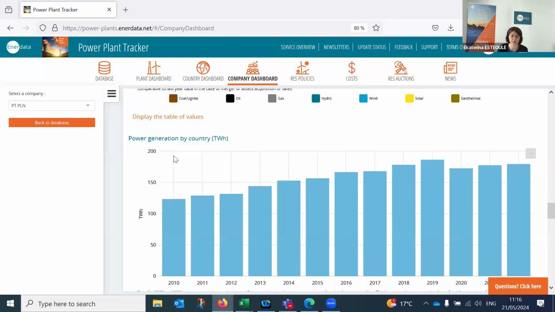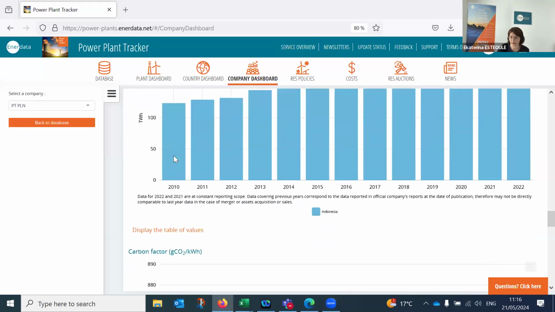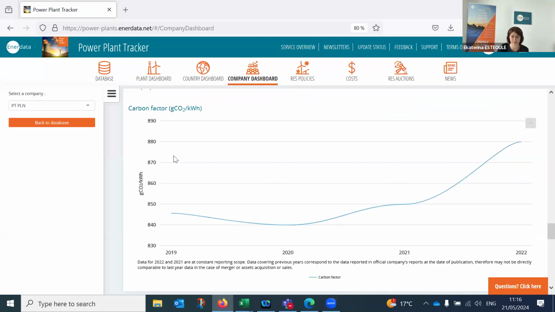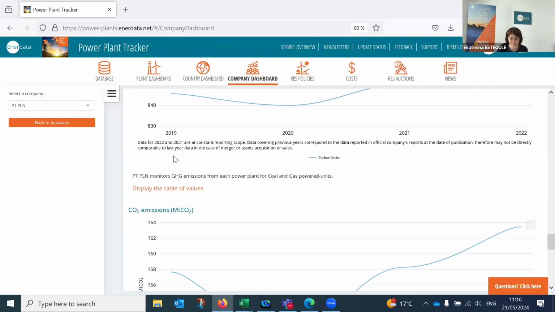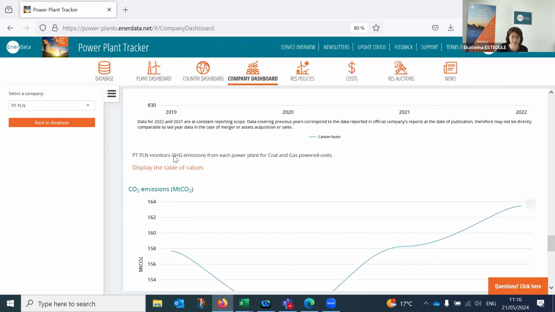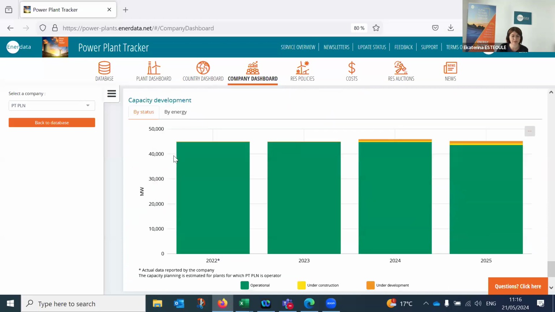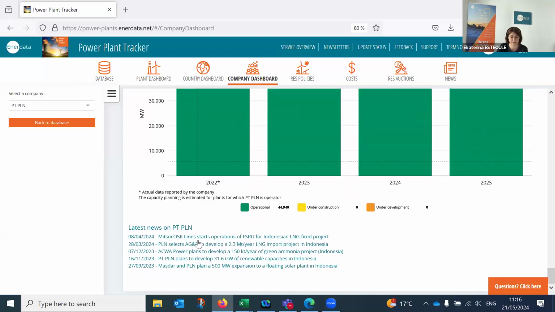So annual reports, we read them, of course, to find some additional information. And this graph represents the annual performances published by operators, in this case by PT PLN. Information on carbon factor, CO2 emissions, capacity development, based on information that you can find in the database, once again.